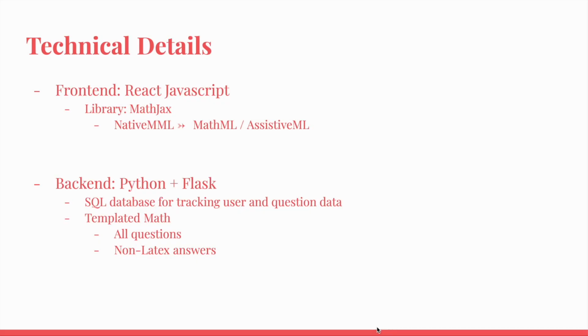Now we'll look at some technical details for the project. We can look at it split into a front end and a back end. Our front end was primarily React JavaScript, which was useful just to get that interactivity and client-side dynamic pages to really get built and look nicer and flow nicer there. However, our primary focus was the MathJax library, which was really nice just because it could display the math, but